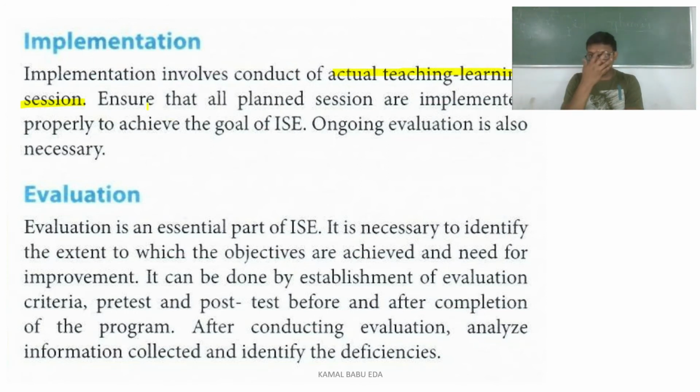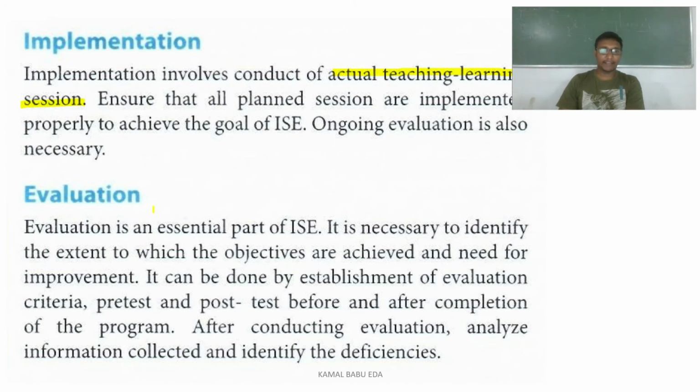So what is our goal? In order to bring out the deficiencies and fulfill the deficiencies in the staff. So in the implementation phase, we make sure that whatever need is there, it is being met by the sisters as well as the brothers or the nurses who are taking the in-service education. And ongoing evaluation is very important. If there is any area that needs to be evaluated or improved a little more, by going through ongoing evaluation, you can improve your objectives and your course of action, and the outcome will be good.